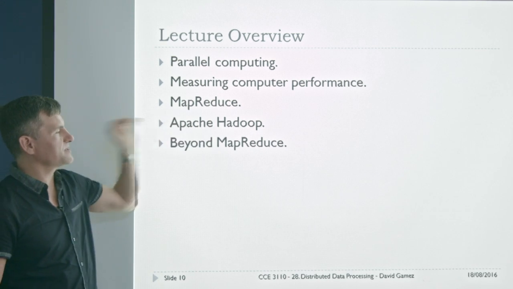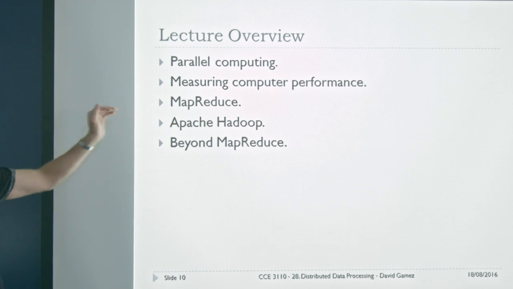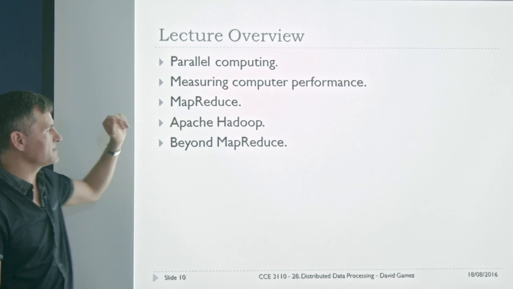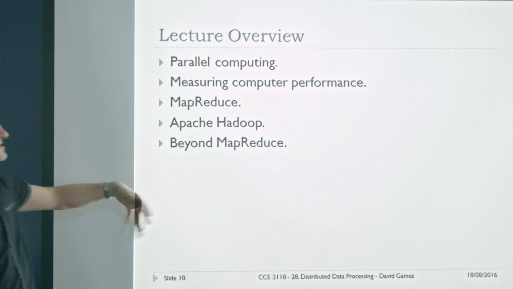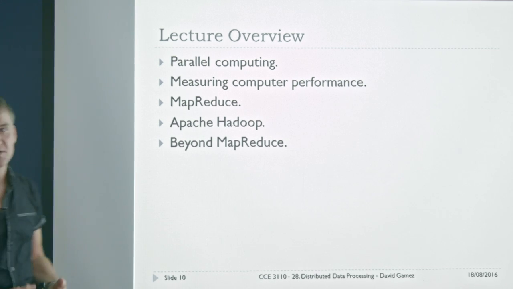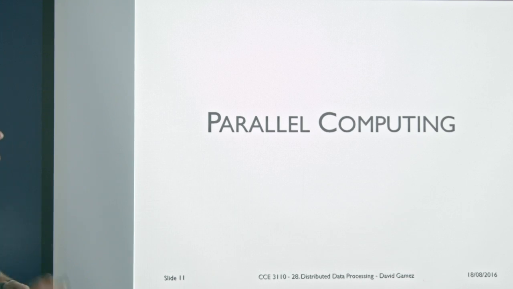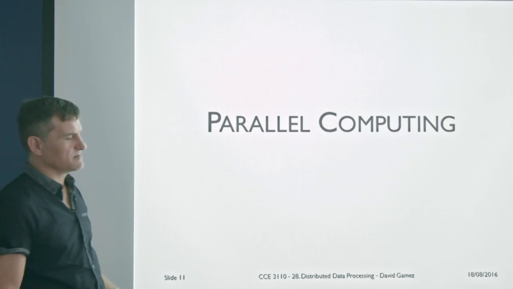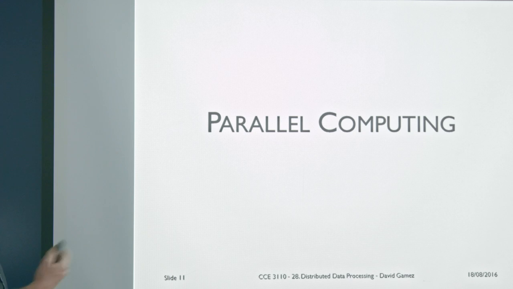And then Apache Hadoop is the software that a lot of people have been using to do MapReduce operations. And then there's a lot of stuff that's come out since then that's trying to improve on Apache Hadoop, maybe go beyond MapReduce and that kind of thing. So that's the idea. I'm going to start with a stroll through the